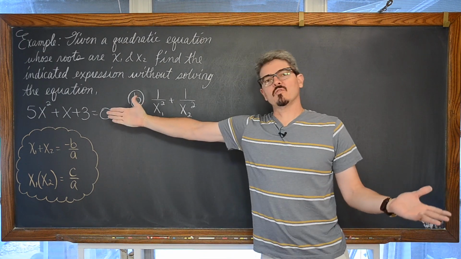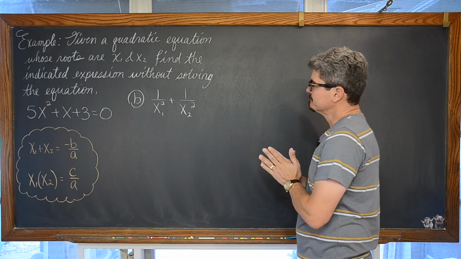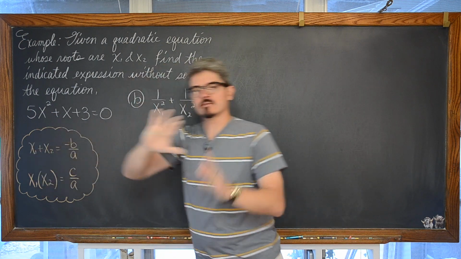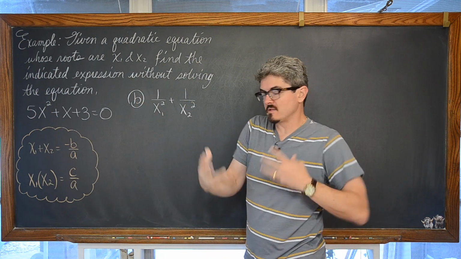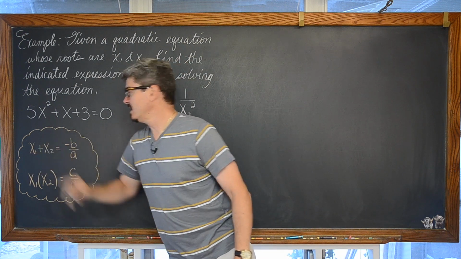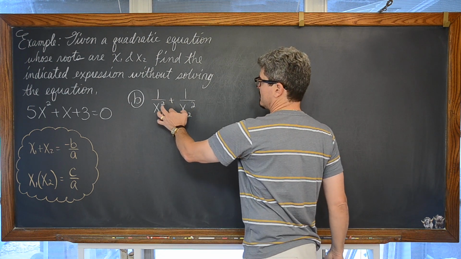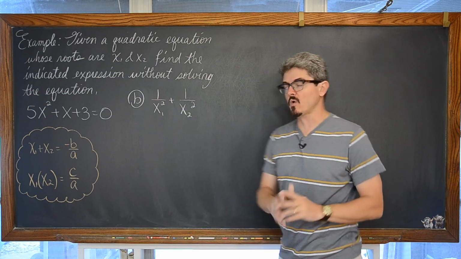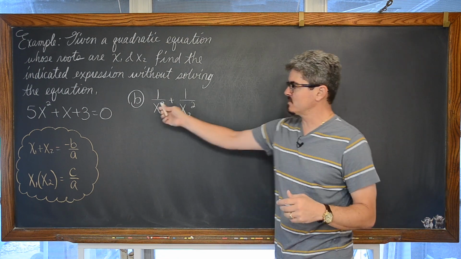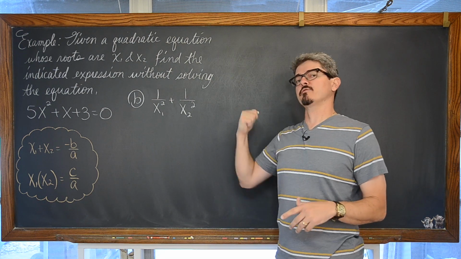Alrighty then, we have the same quadratic and we have a different expression that we're going to evaluate. Again, sum and product. All we can look at, or that we need to develop out of this expression, and there are no powers of 2 on any of those terms. So we have possibly a bit of an issue, the fact that x sub 1 is squared and x sub 2 is squared. We're going to go through the same process of finding that common denominator, though, because we have our 2 separate terms.